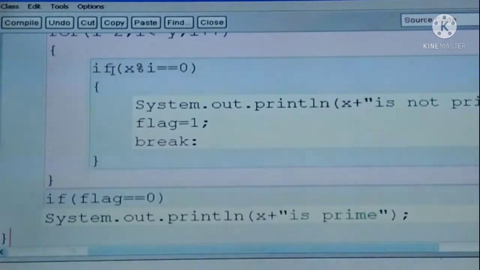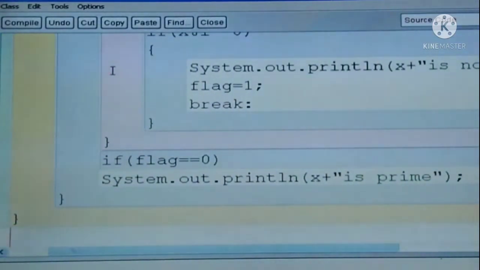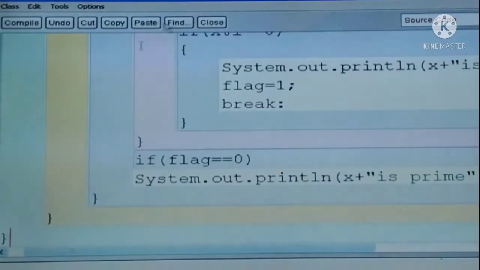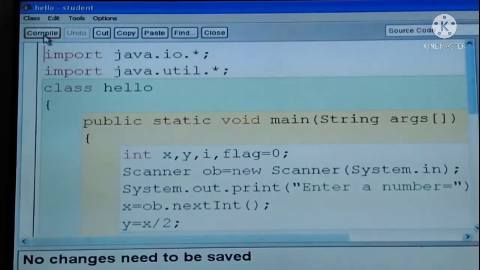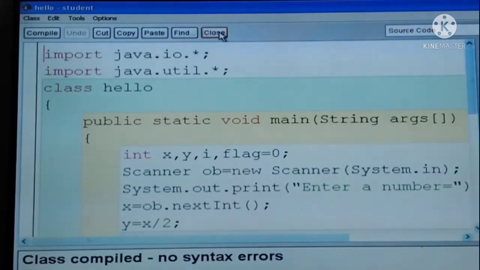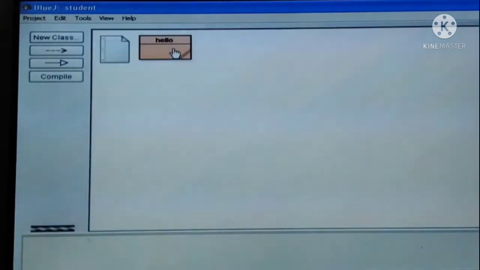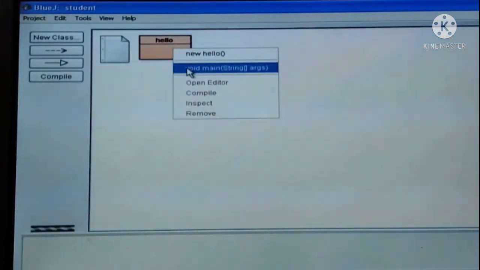Okay, so this is for else, this is for main, this is for class. So we will save it and we will compile it. So no error. We will close it and we will run it.